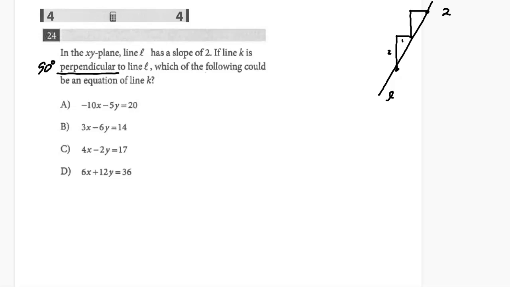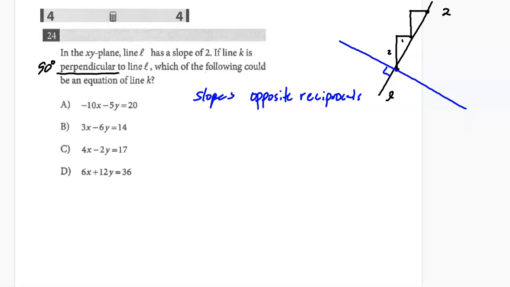So if I want to hit this line at 90 degrees, I need to be coming this way. All right? And that'll give me a 90-degree angle. Well, to make two lines be perpendicular like that, the big thing is you need to be opposite reciprocals. Okay? So the slopes need to be opposite reciprocals, meaning that this slope is going to be negative, and